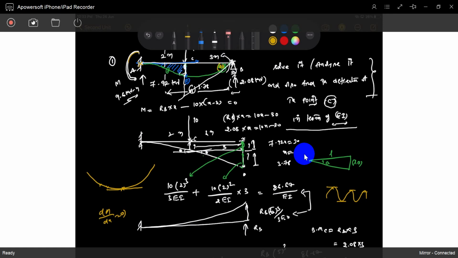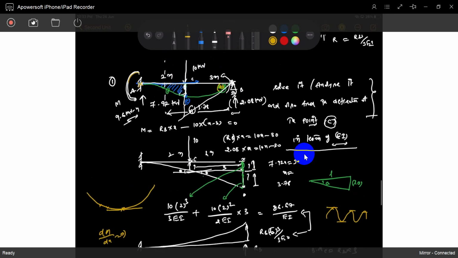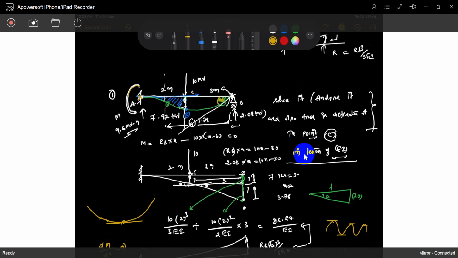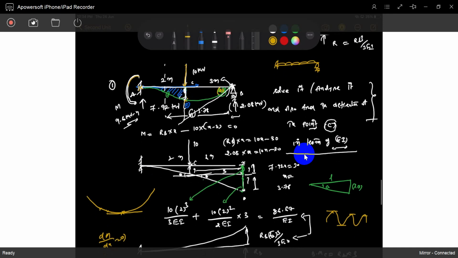So where does the maximum deflection happen in this system? In most systems where a concentrated load is applied, that is the point of maximum deflection. If you go by a uniformly distributed load, you can't say where it is. But if you apply a concentrated load, the maximum deflection will occur at the location of the concentrated load. So you know it. At this point C has zero slope. Point C has zero slope.